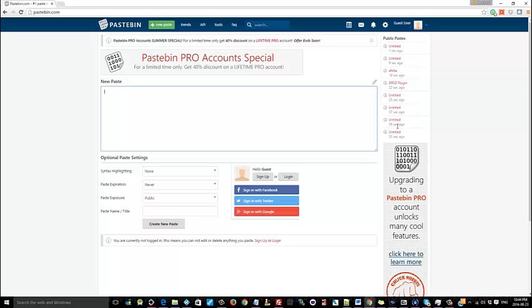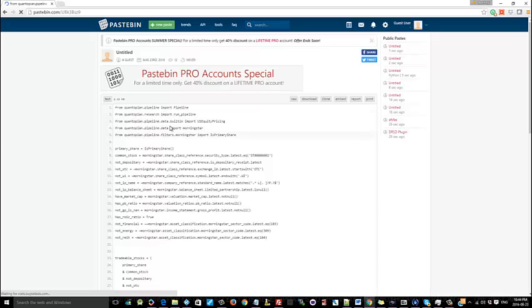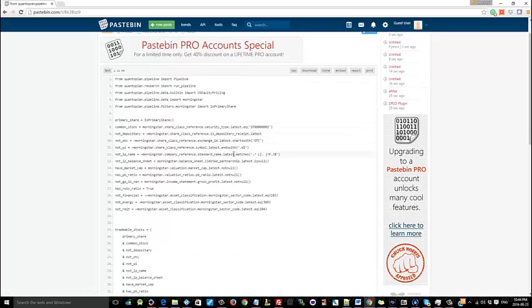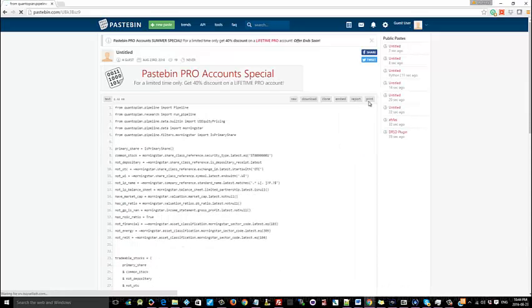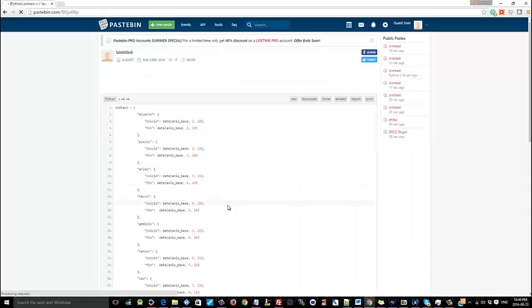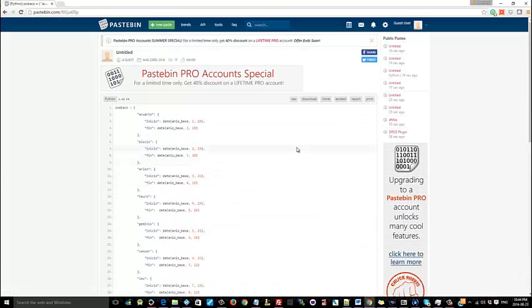On the side here, you're going to see some public pastes. So if somebody's pasted anything, like here you see something that's random. For example, if you go further down, there's a Python script or something like that. There's scripts, there's just so many different things that you can paste. It could be relevant to you, it could be relevant to somebody else. Either way, that's what Pastebin is for. What we're going to do is search for channels.